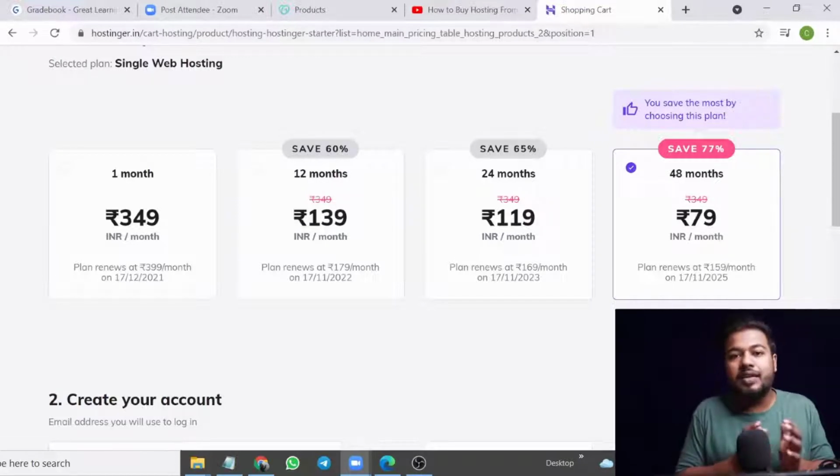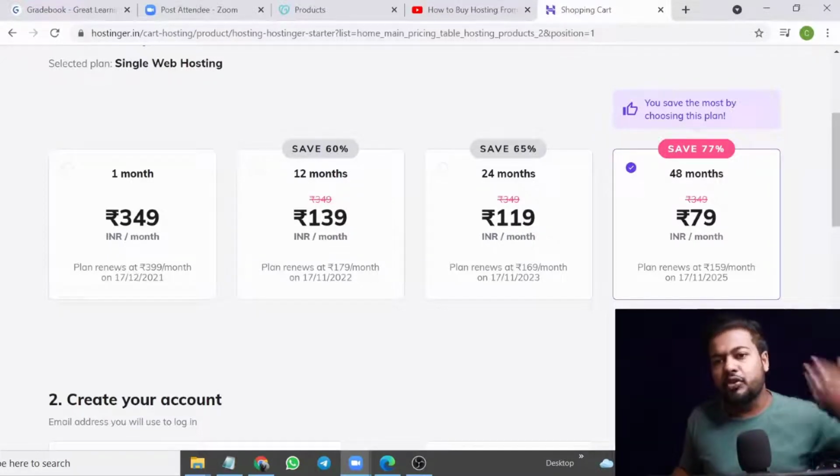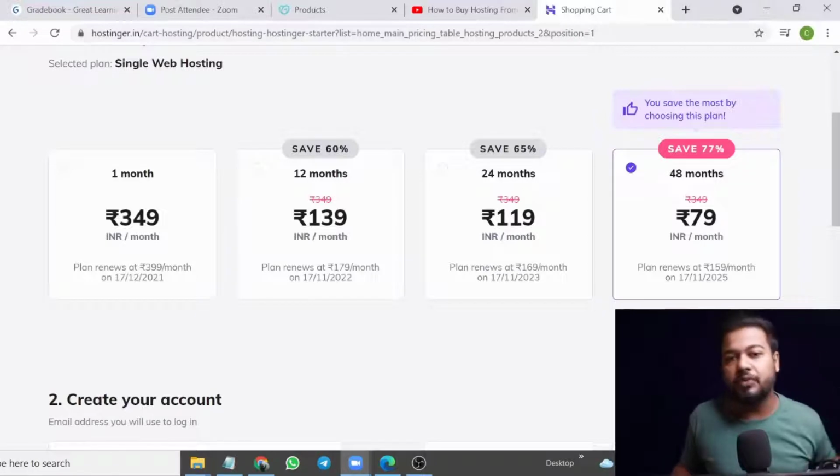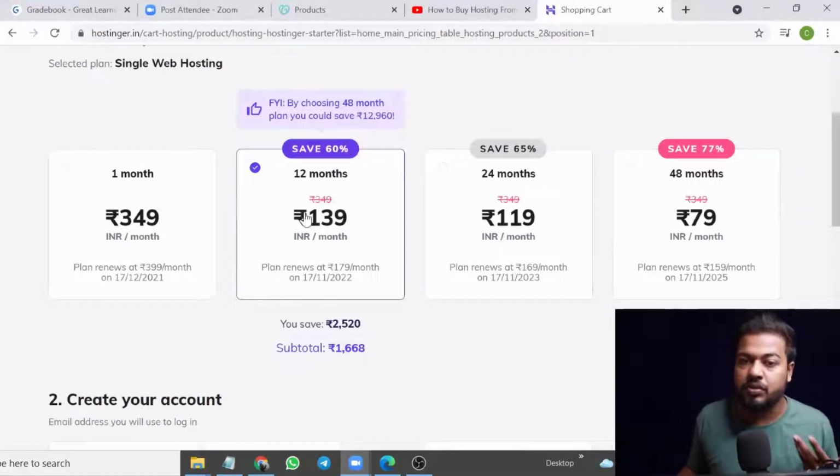So they generally go, okay, for the first time I just want to go with a 1 year package, and then in future if I'm comfortable, I'll go with the 4 years. The prices will be the same if you buy for 4 years later on also, right? Here we are going to work with the 12 months package, which will cost you 139 rupees per month. Again, this has a good savings also, right?